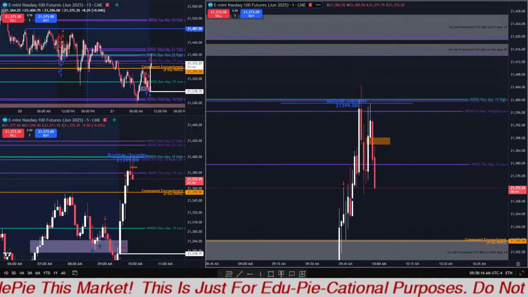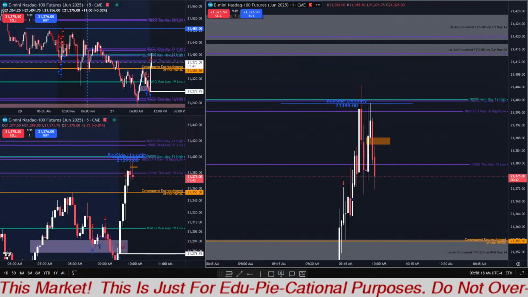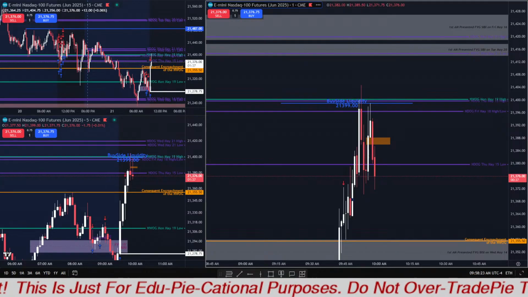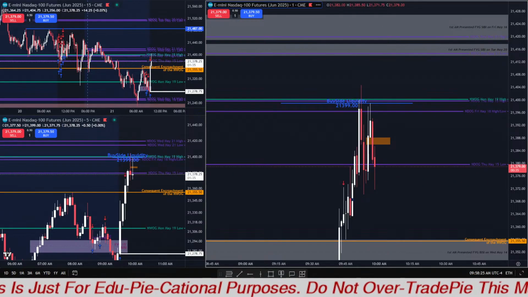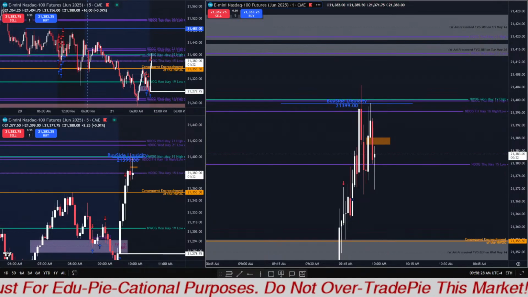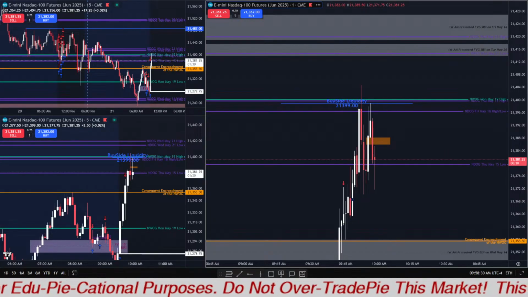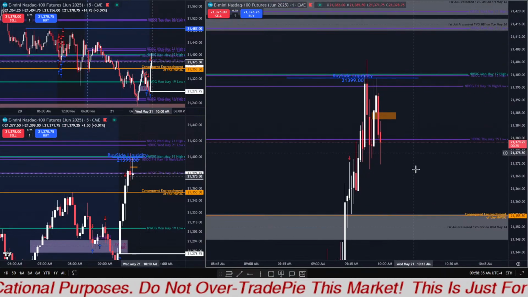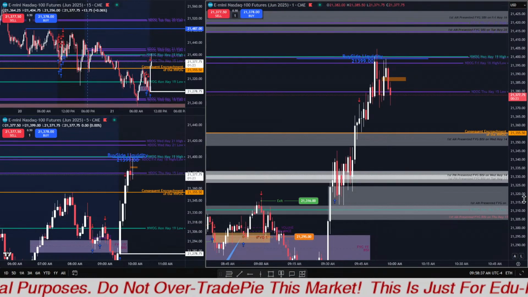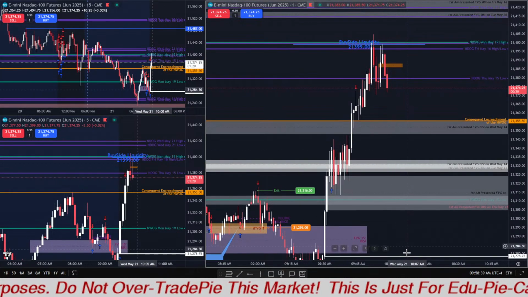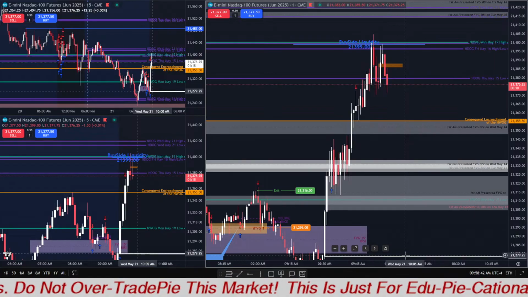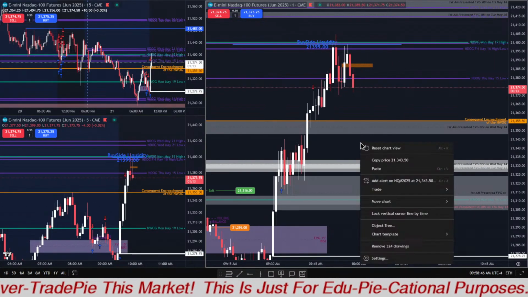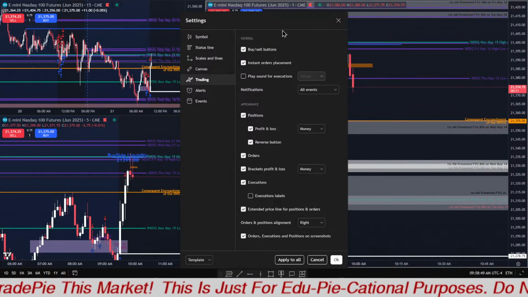We closed just below the buy side imbalance, sell side inefficiency. Now I'm making the chart a little smaller